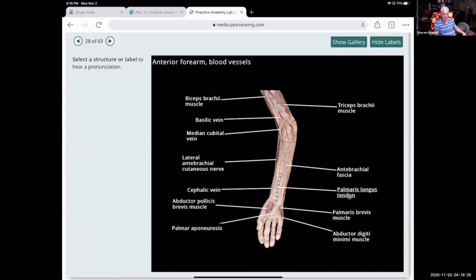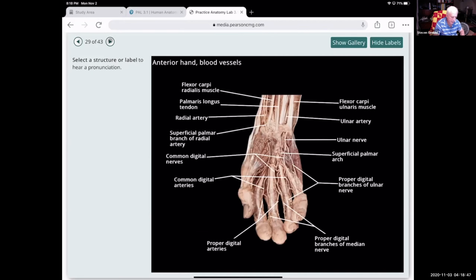Okay, palmaris longus tendon. Antebrachial fascia, again, surrounds the lower part of the arm to help protect it. And the triceps brachii muscle. Okay, that's on the posterior part of the upper arm. Those are extensor muscles. Okay, in the hand, the flexor carpi radialis muscle,